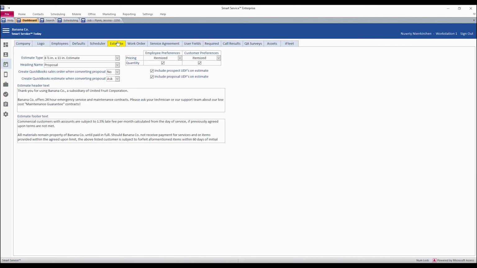So of course mine says proposal, yours may say something different. That's really dependent on what terminology you chose here. You might have chose something different, but you'll have the same function in the same place. Now I can set this up to either always, as in yes, always convert my Smart Service estimate into a QuickBooks estimate. I have the option to say no if this isn't a feature I really need, or it can